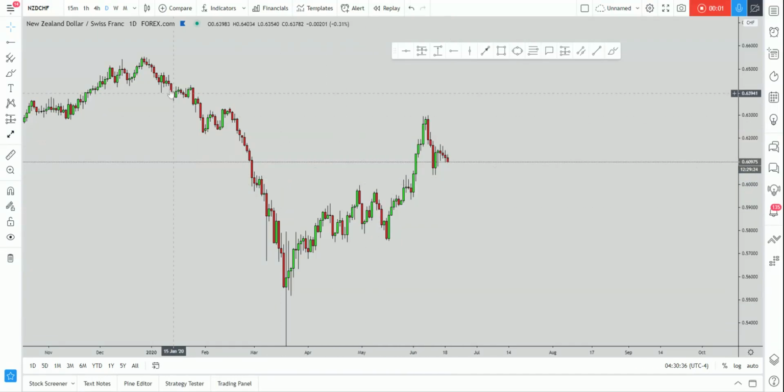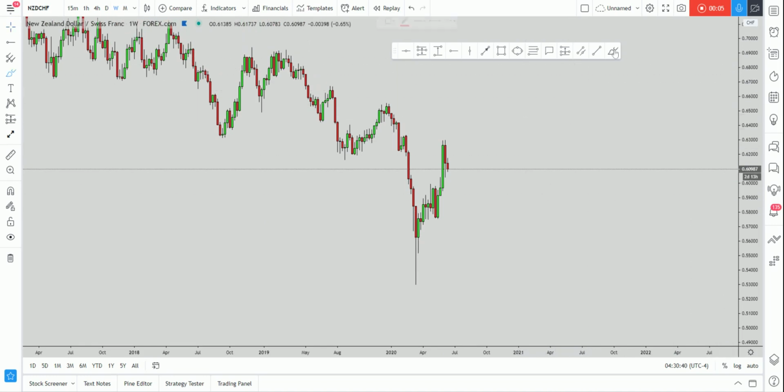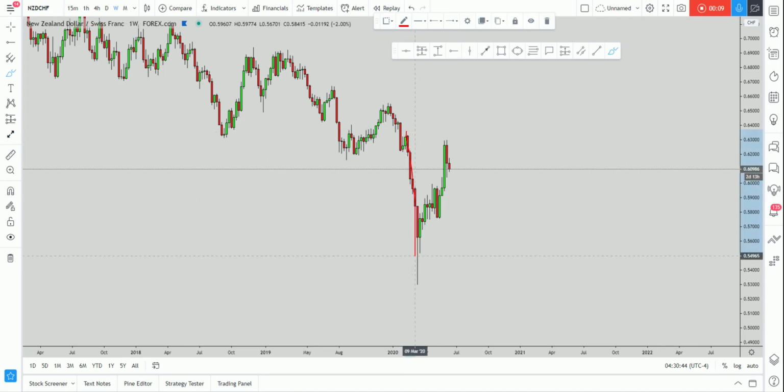Okay, so what kind of situation do we currently have on NZD CHF? Now, if you remember from our previous analysis on this pair, what did we say? We said we clearly have a market that has created this W formation. Now, the W formation had the completion zone exactly at this structure area here, which is the previous support, preceding